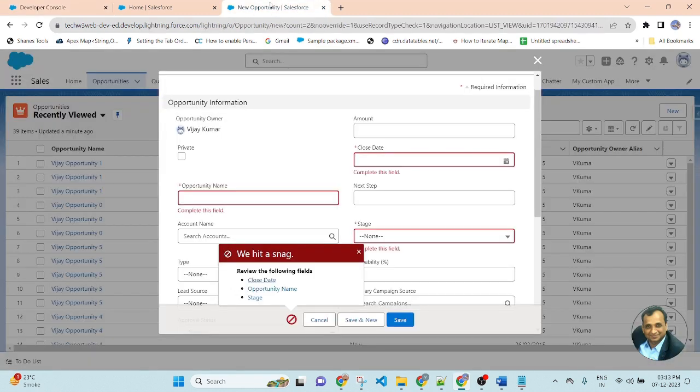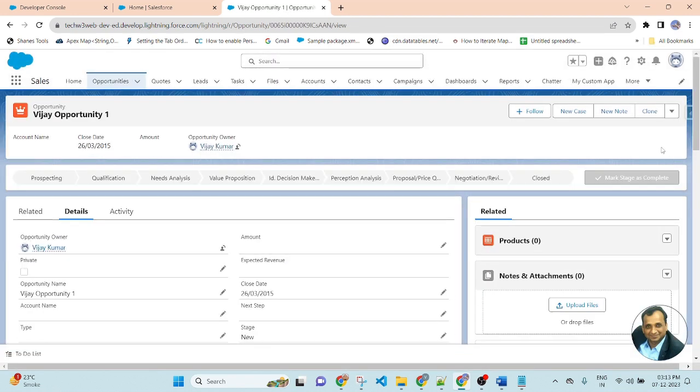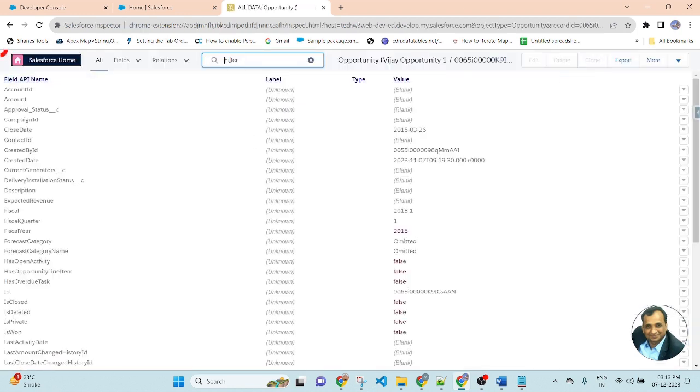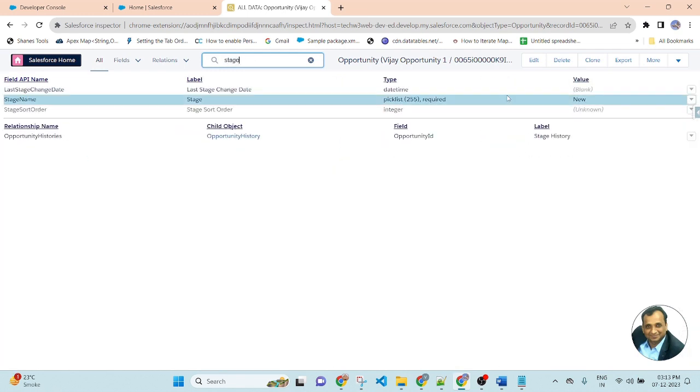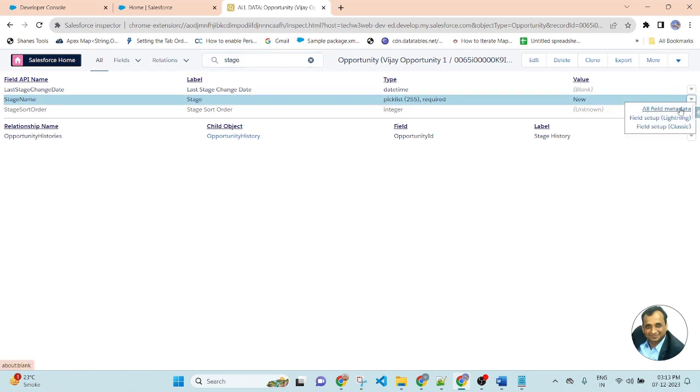If you go to the opportunity, open any of the opportunities, go to data, search Stage Name. This is the Stage Name field, and it is a picklist value. If you go to the picklist value, then go to all field metadata.